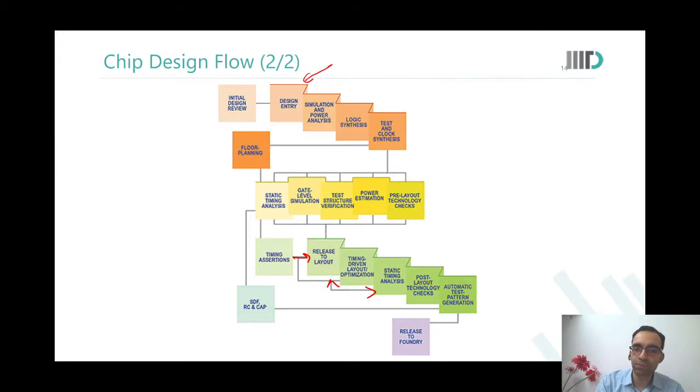Okay. So timing assertions are basically the adjustment of the timing we are doing after STA. Likewise, if some gate is failing or not. Yes, you may say that this device is so far away from there that I need to put in some extra buffers in the other path, or bring these two devices closer. So that is the layout driven timing optimization section. Yes, Akshat. So power estimation is done before timing optimization, as I can see in this. Alongside. You see STA and power estimation are happening in the parallel plane.